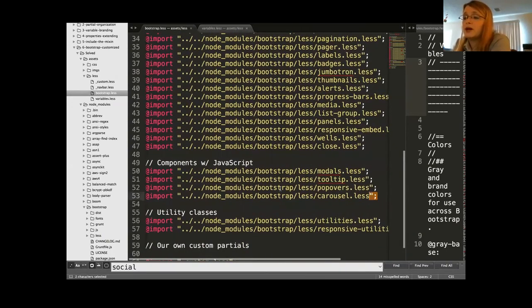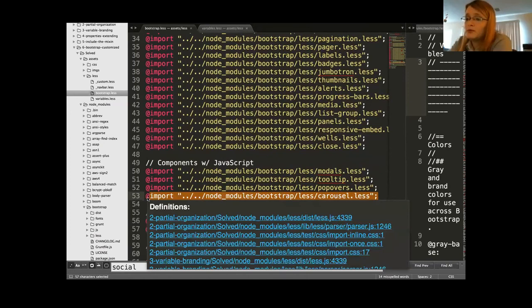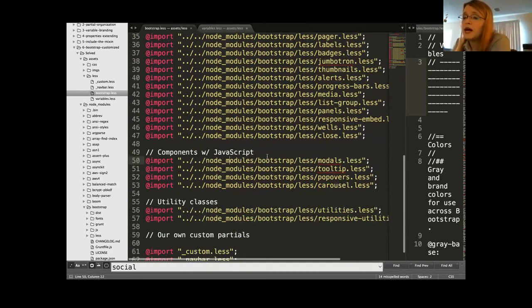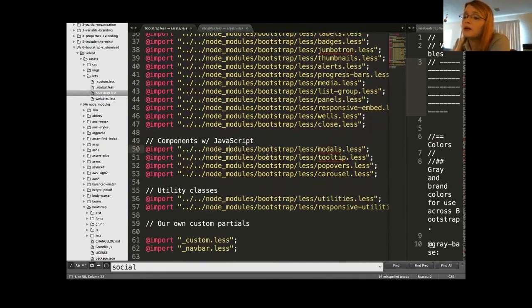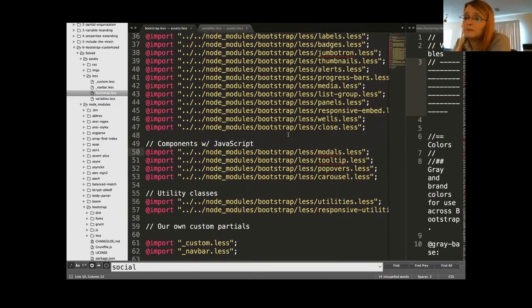Like say I've got my own carousel. Don't need that, we just get rid of it. And that will make your CSS file smaller, which is better optimized for mobile and for people who are not on really fast connections. And then down here at the bottom, you see I've got two extra files in this